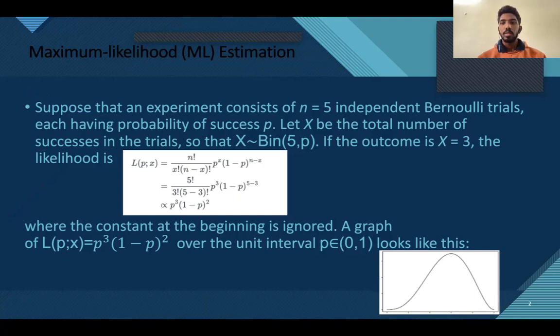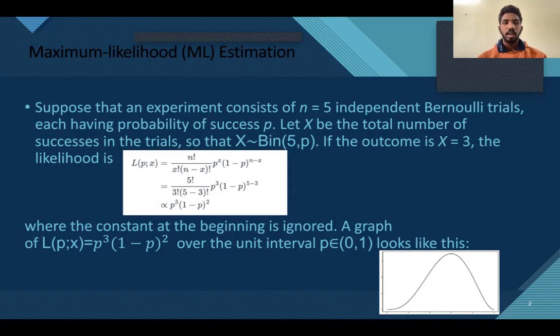If the outcome is x equal to 3, the likelihood is L(p; x) equal to n factorial by x factorial (n minus x) factorial, p power x, (1 minus p) power n minus x, equal to 5 factorial by 3 factorial (5 minus 3) factorial, p power 3, (1 minus p) power 5 minus 3, proportional to p power 3 (1 minus p) squared,